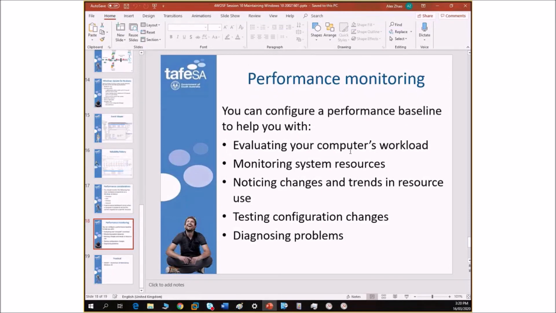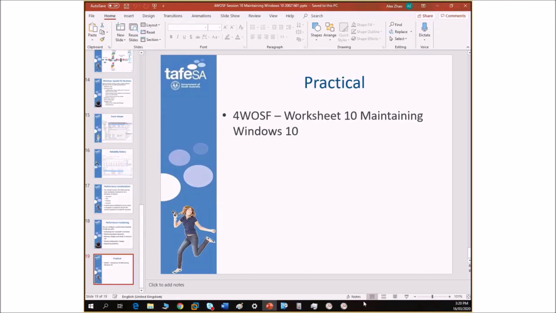So having this performance monitoring allows us to evaluate a computer's workload, monitor system resources, notice changes and trends in resource usage, and test configuration changes and diagnose problems. And we'll talk more about Performance Monitor when we get to the Server 2016 subject. So right now, get on with your worksheet and have